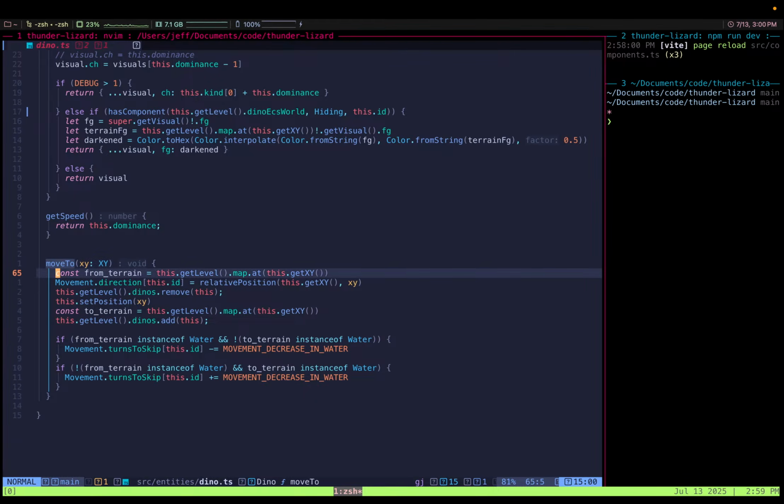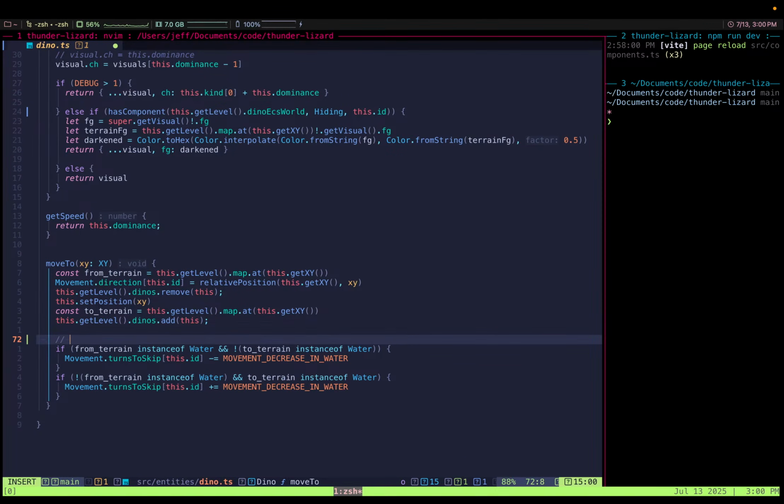So I think this is it. I have this thing about changing the speed in the water. And we're going to also add something about